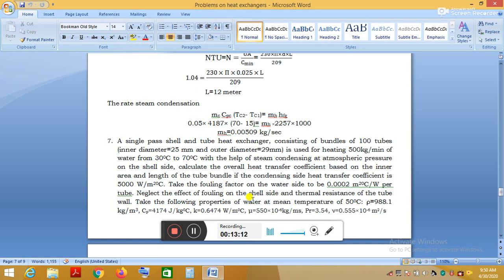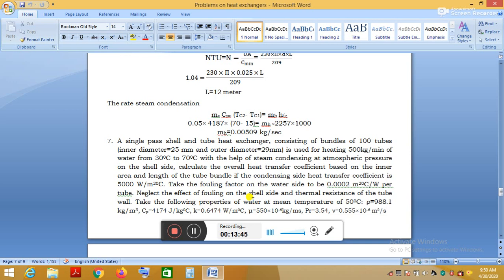Calculate the overall heat transfer coefficient based on inner area and length of the tube bundles. He asks us to find the overall heat transfer coefficient U based on inner area and length of the tube bundle, and we need to find what is the length of the heat exchanger. If the condensing side heat transfer coefficient is